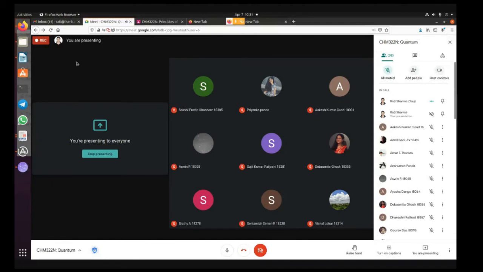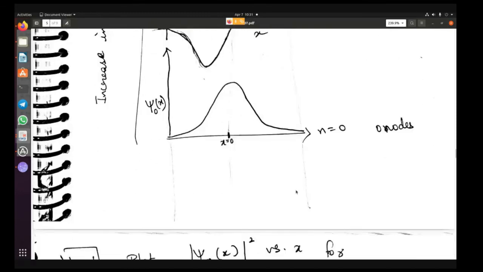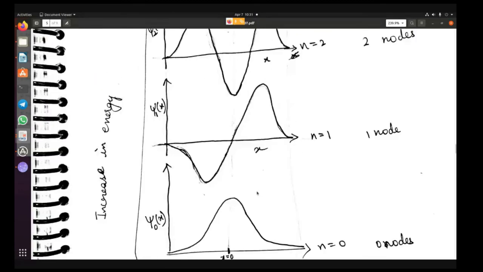For every solution that we get, we should plot the wave function psi versus x. So this is how it looks. This is an important thing that you should know, how a Gaussian function looks. I have already taught you how to plot several functions, so you should try and plot them in Python, like how I have taught you already. Plot them and see for yourself. Change certain values and see how the plots change. That will give you some intuition.